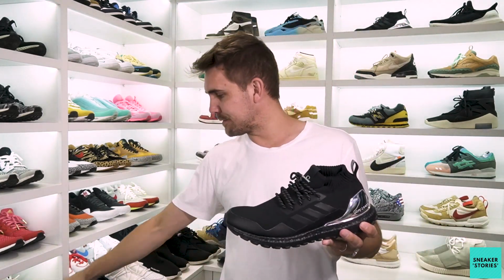You do have quite a bit of suede on here, but I generally use these as trail running shoes as it is, so I'm not too precious about messing them up or anything. The colorway is dark enough to get away with most sort of dirt stains that you could pick up while wearing these shoes. And I guess while we're at it, it's just the friends and family version of the Nonative and Kith